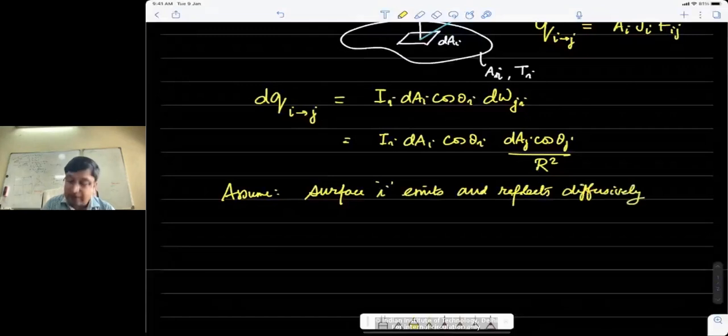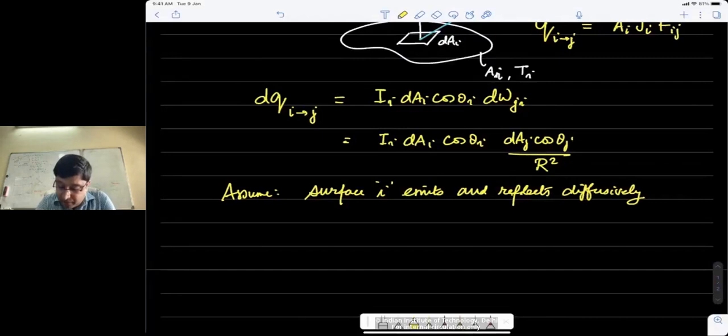What it means is the directional dependence of the radiation is being taken out, so it is the same intensity in all directions. It basically means that I could be written in terms of the radiosity of surface I as Ji by pi,